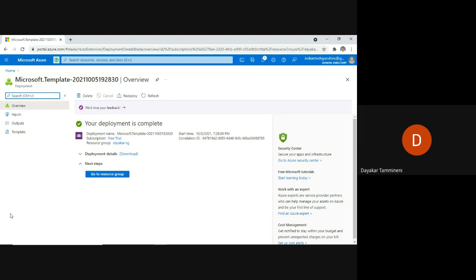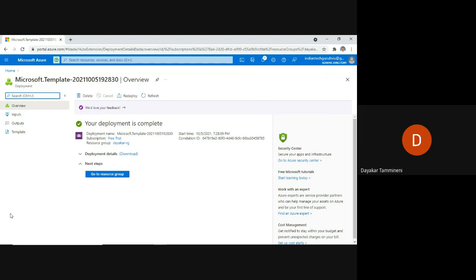Yes, of course, because we don't have much knowledge of JSON, so we are downloading the ARM template and then uploading it. ARM templates are actually created directly by the developers, and then directly deployed for creating the virtual machine. ARM templates are not only for creating virtual machines. They are used for each and every resource creation.